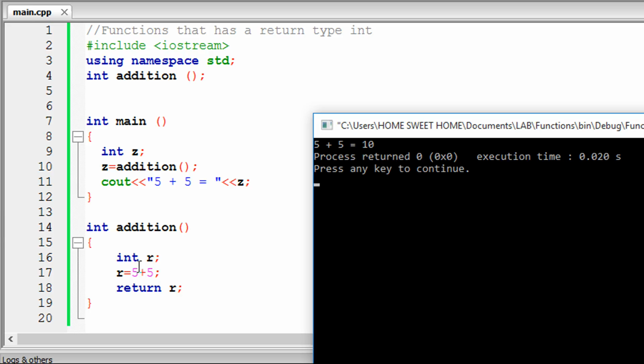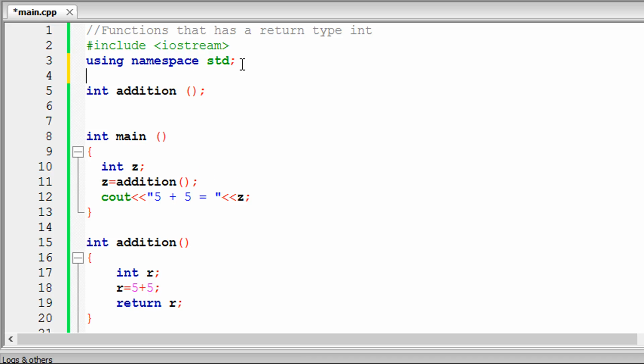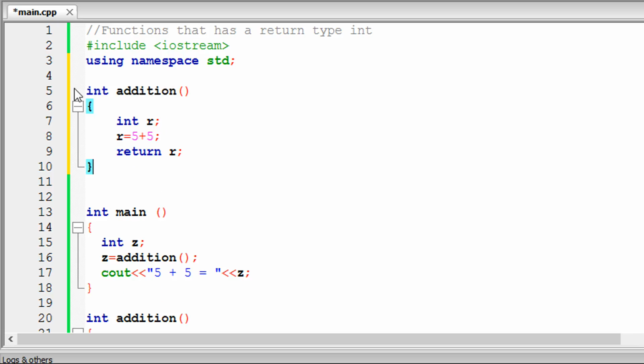Now one last thing I want to tell you is that there is a shortcut. This shortcut is applicable to the last tutorial, where we covered the function type void. The return type was void. Well, in this case it's int. So although you have prototyped it above the main and below your headers, what you can do is copy this, Ctrl+C, and then paste it above your main and below your header,